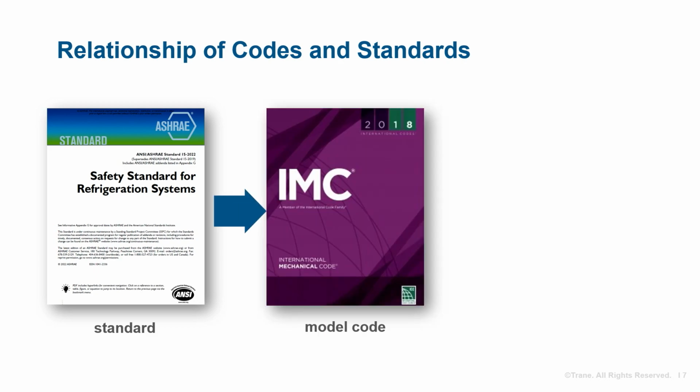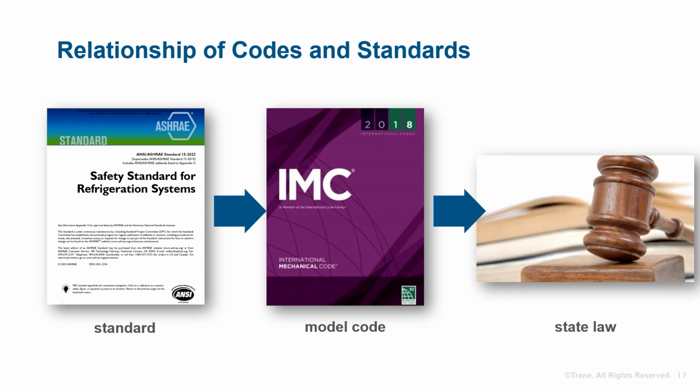First, model code organizations such as the International Code Council look to industry standards and other materials for best practices to use as the basis for their model codes. In this case, I'm showing the International Mechanical Code. Then a state or other governing body adopts this model code into law, where it's then able to be enforced